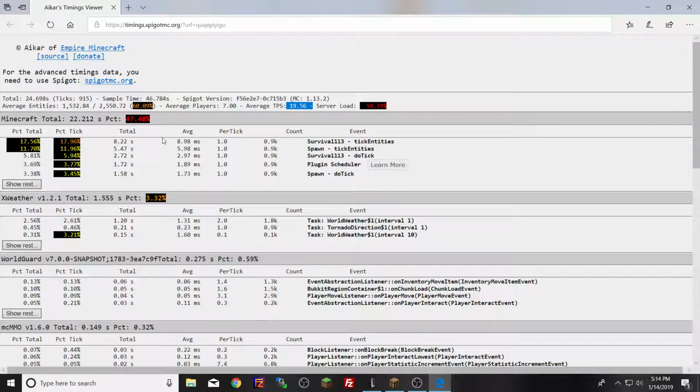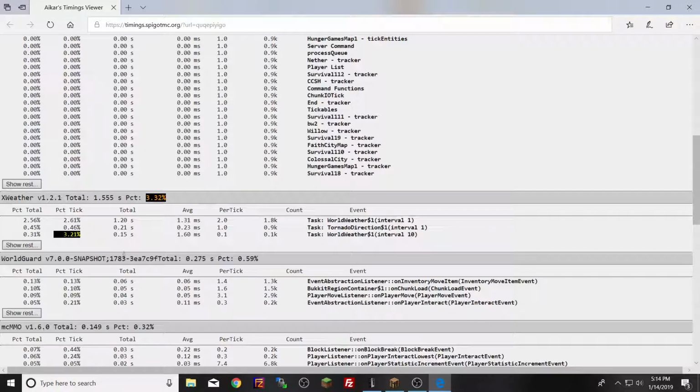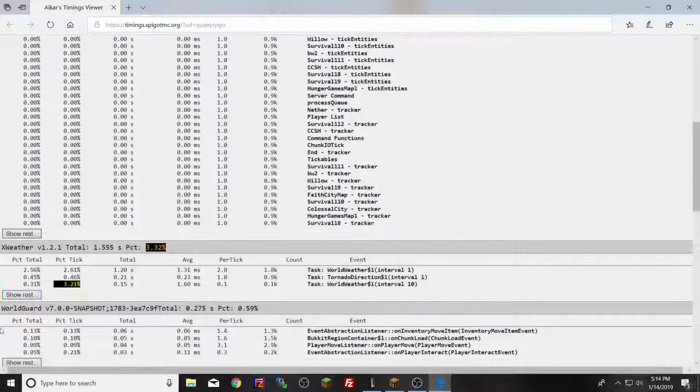Now when I say variables affect each other, the weather plugin is going to make the total for Minecraft larger and vice versa. Everything interlocks. So right here you have the total report. It'll say